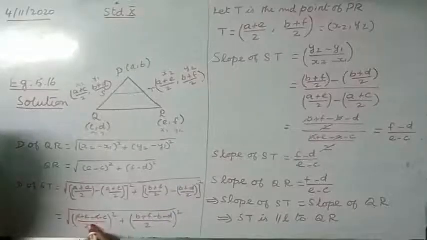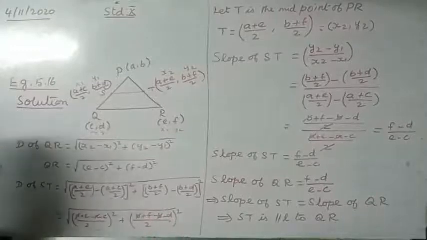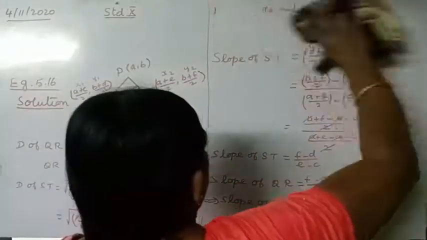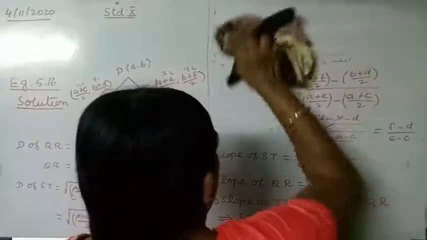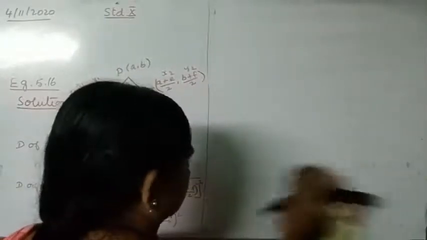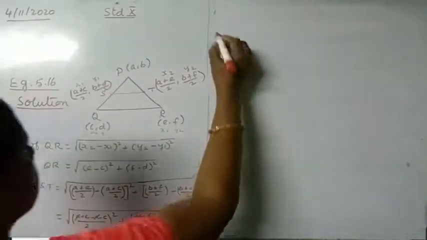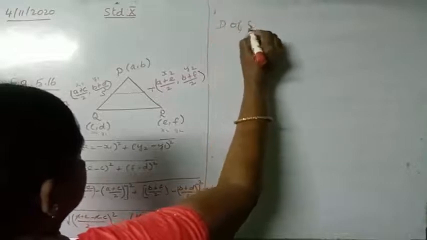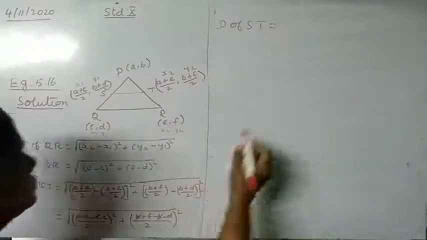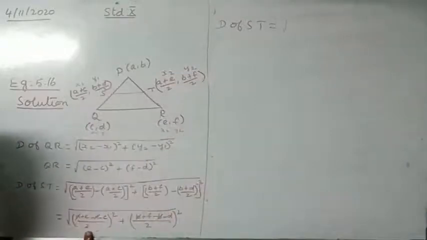Now here a cancels, here b cancels. So the remaining answer is, distance of ST is equal to square root of e minus c the whole square,